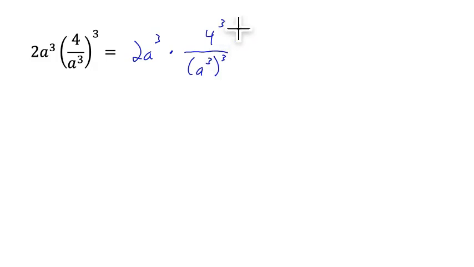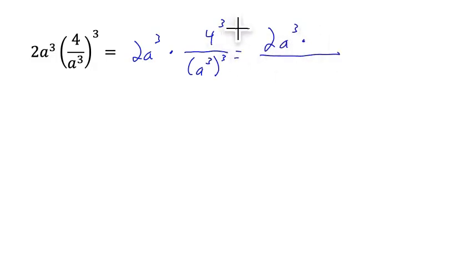Let's go ahead and work out 4 to the third power. And we have a power to a power. We can work that out. And let's see, we could think of this 2a cubed as a fraction. When we multiply two fractions, we just multiply across the top and multiply across the bottom. And when we do that, this 2a cubed will just end up in the numerator along with that 4 cubed. So we'll have 2a cubed